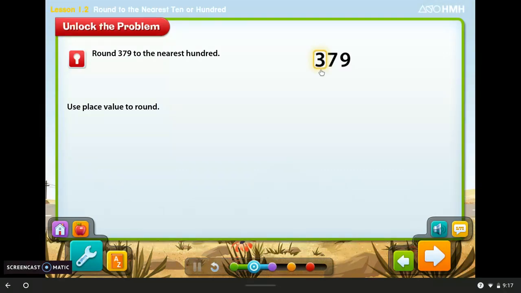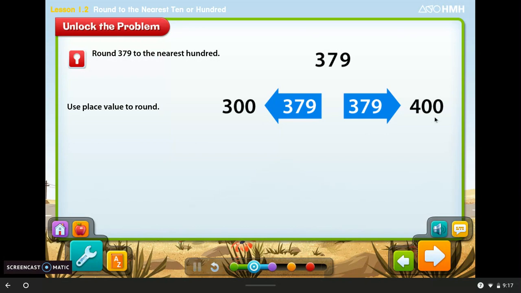So I'm going to isolate the 3. The 3 means that the 100 I just passed was 300, and the 100 I'm about to get to is 400. Because I'm rounding to the hundreds, I'm going to focus on the tens place, right? So 379